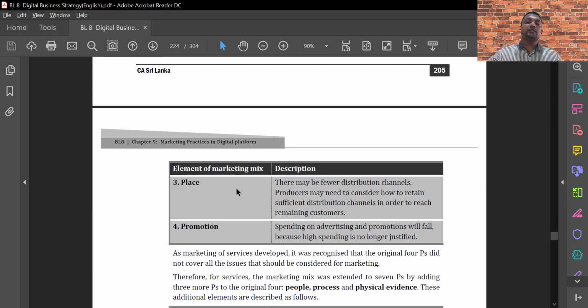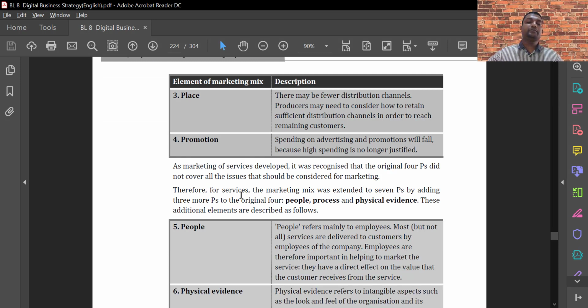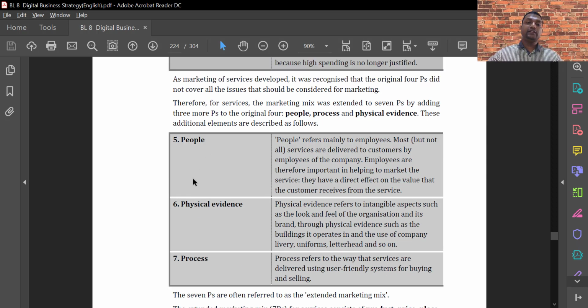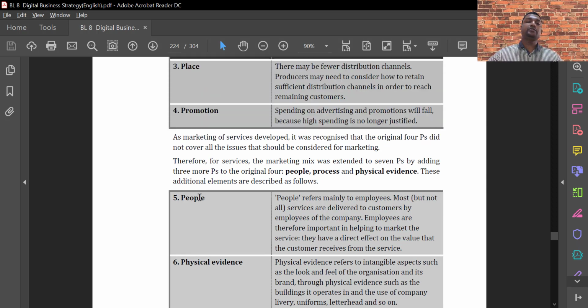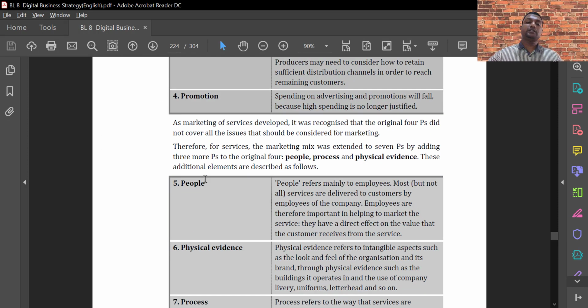And the place, how to distribute this, where to make this product available, right, distribution channels and all that, how to reach the customer. So place. And promotions are how much has to be spent, how the advertising is done, all that. And that was then extended with another 3 categories, because these were considering the products marketing,